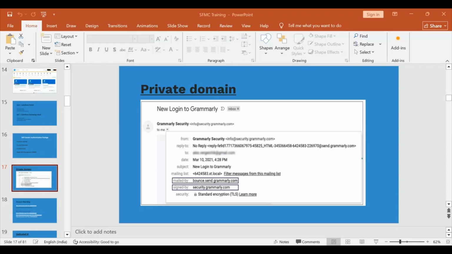But yes, you are close, not exactly on the point, but yes, you do understand what a private domain is. So basically, if you look at the image, just imagine